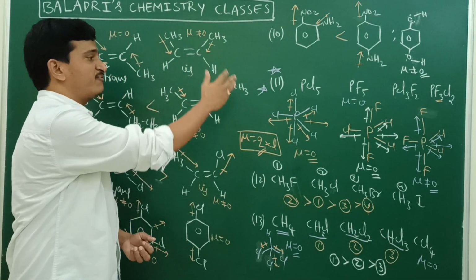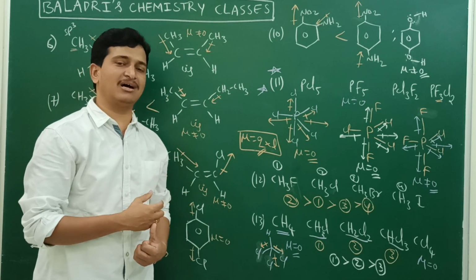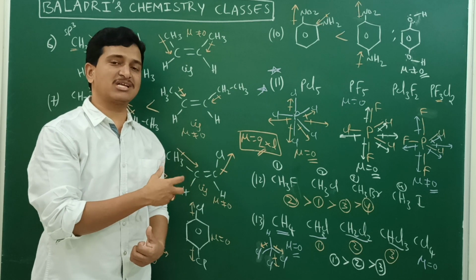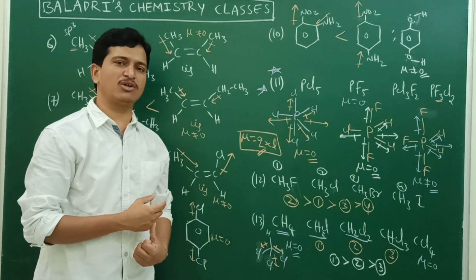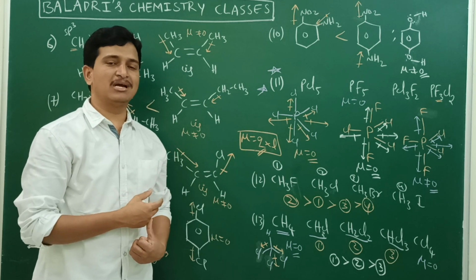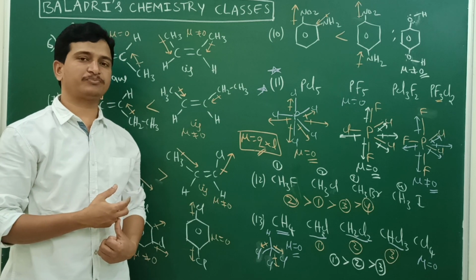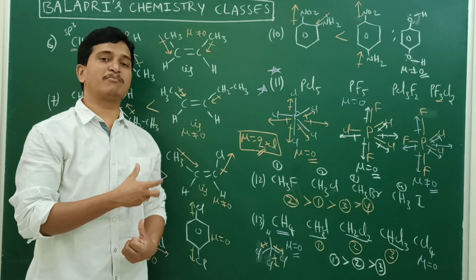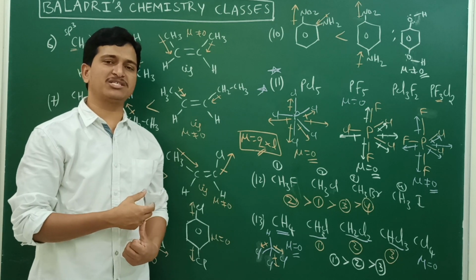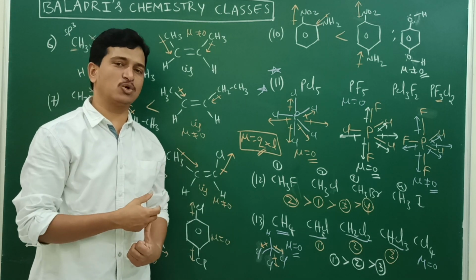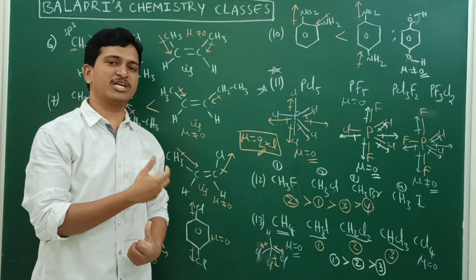Like that, when different examples are given, based on the vector direction, we can decide the resulting dipole moment of a molecule. So all these examples will be very, very helpful to you. Go through all the examples. Based on this, we can attempt any question based on polarity. If more polarity is there, that molecule can undergo liquefaction easily. It can have a high critical temperature. It can undergo adsorption readily also. A great extent of adsorption takes place when you take polar compounds.